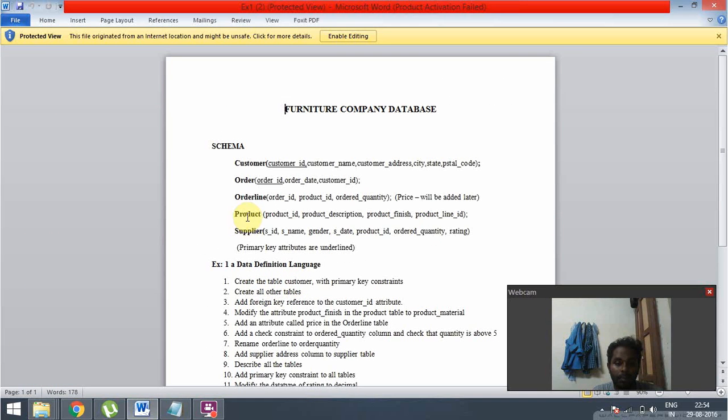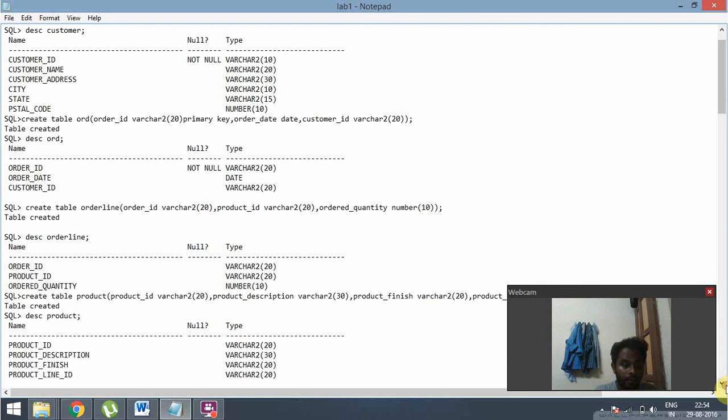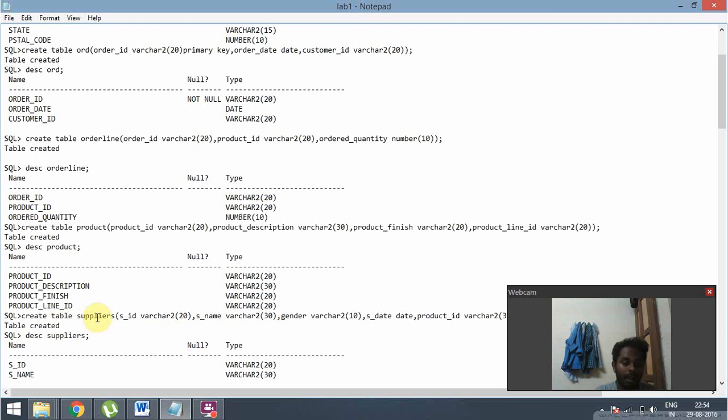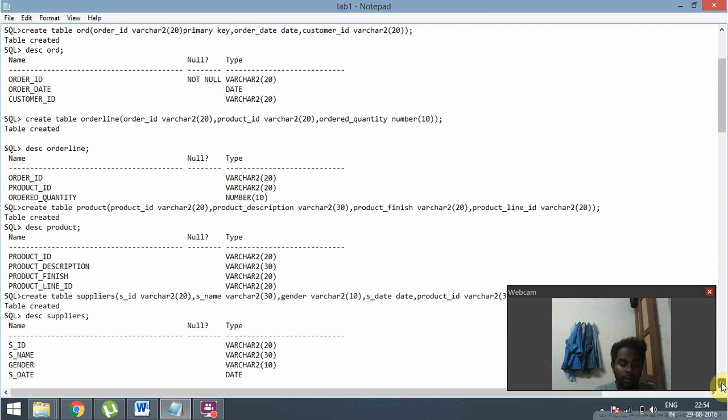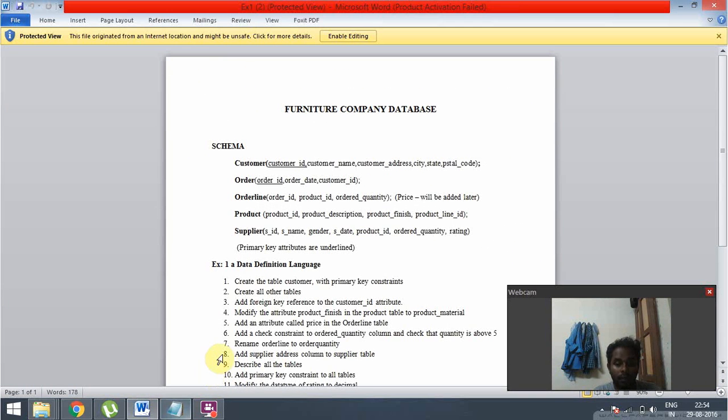The next question, we create the order, order line, product and supplier tables. Similarly, we create all of these tables. Here we have created the order table, and then we describe the order table, and then we create the order line table and describe it, and then we create the product table and describe the product table. Similarly we create the supplier table. After all that we have to put all the other tables, and then we have the third question